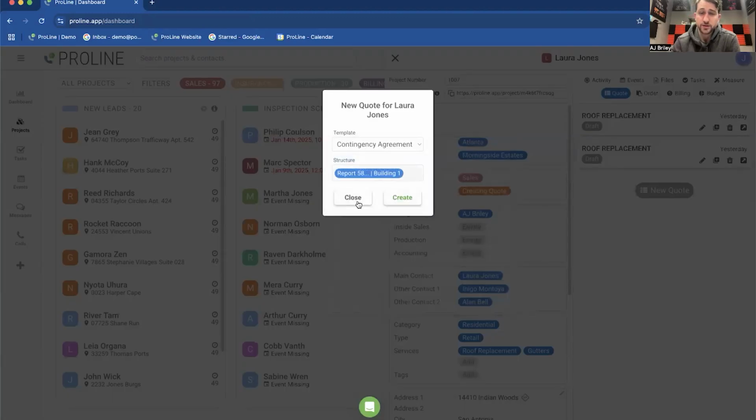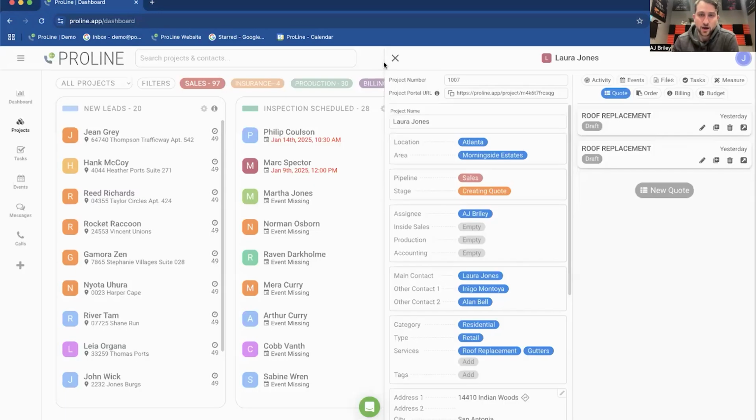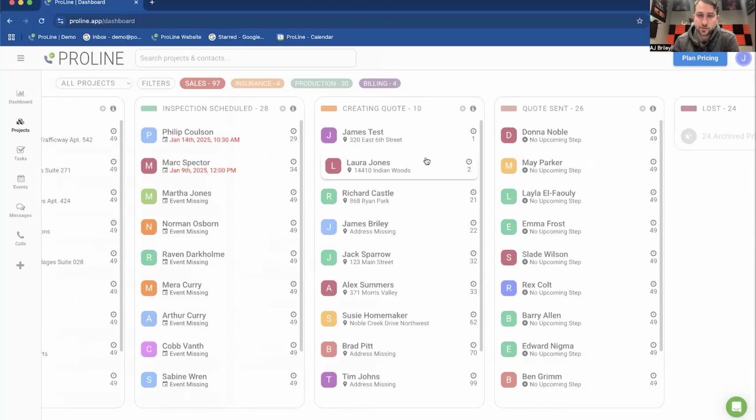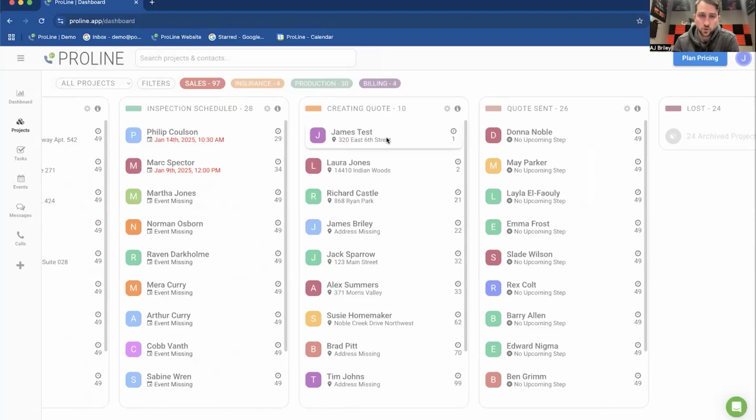Contingency agreements. It's a very simple quote that wouldn't have any numbers on it. It would just be signing the agreement. So it's just a signature and then the text. Once that agreement gets signed, typically you would have it set up to automatically move the project. Like the quote template for the contingency agreement would be set up to move the project from creating quote into